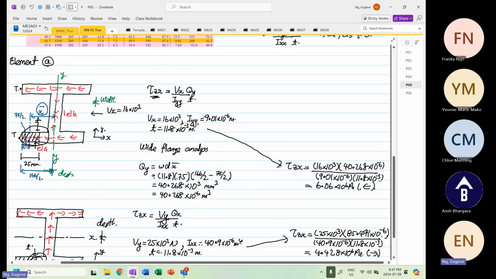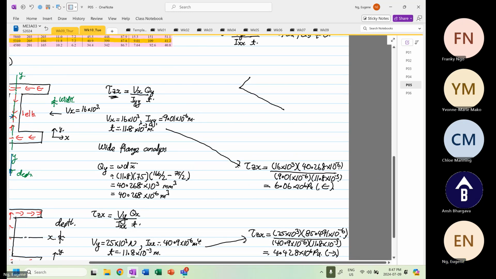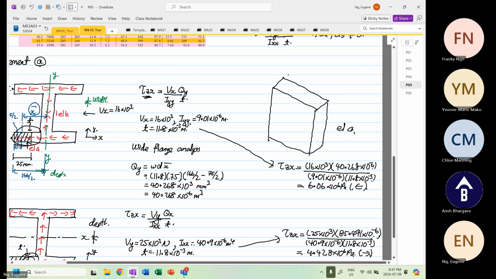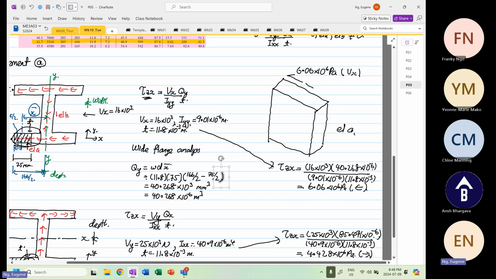Okay. So now if we were to draw it as an element in terms of shear, how does it look like? Okay. So now I'm going to sketch the element A out. This is our element A. So we got one shearing stress going in this direction, right? We have one shearing stress going in this direction at 6.06 times 10 to the power 6 Pascal. And this is due to Vx. We have another shear direction that is going down this way, at 4.428,